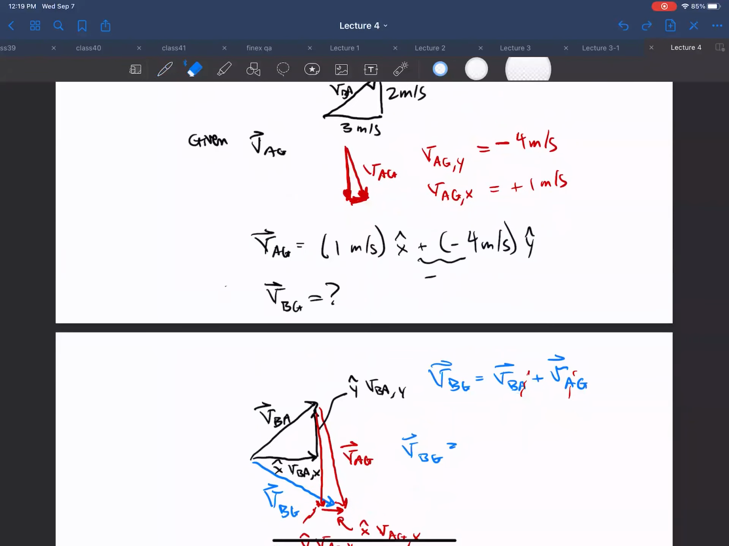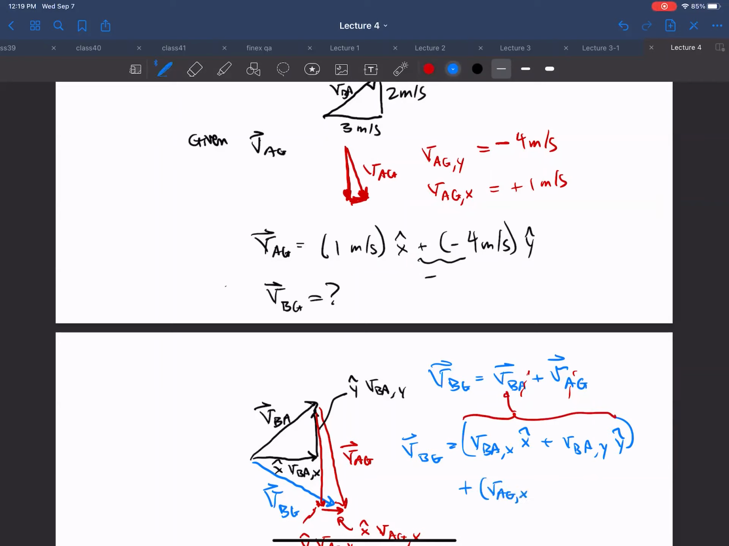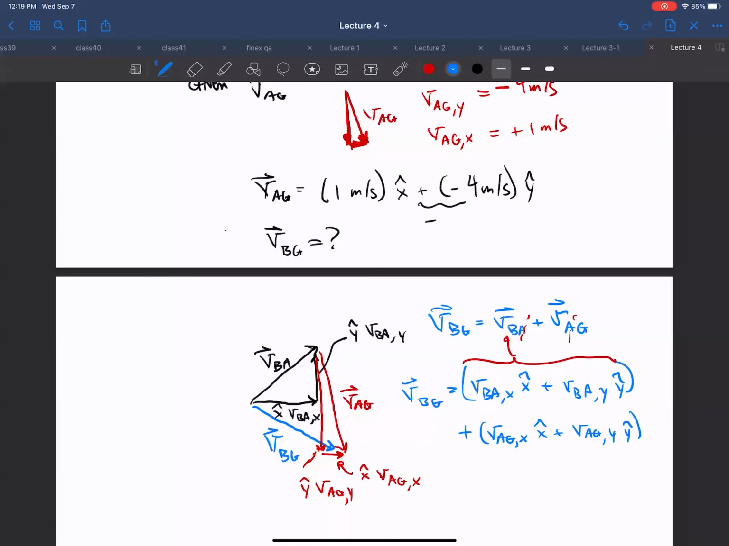So VBG, I can expand each of these 2 vectors into their components. So instead of VBA, I could write it as VBA comma x times x hat plus VBA comma y times y hat. All of that is VBA. And then I have to add in VAG. So that's VAG comma x hat plus VAG comma y hat. And so adding those 4 vectors tip to tail would be